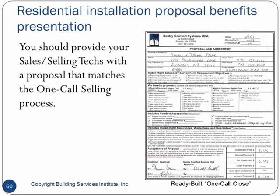Now, the installation proposal is a benefits presentation that reiterates all the benefits that they're going to be getting. If you're using our Installed Right Solution survey assessment process and you discover that balancing dampers should have been installed, one of the first things we address, if we're going to be including it, is that we're going to be meeting certain objectives from the survey we conducted with the consumer customer, such as improving operating controls or eliminating the too hot or cold spots in the areas of the home,